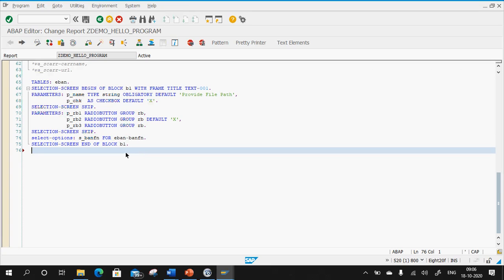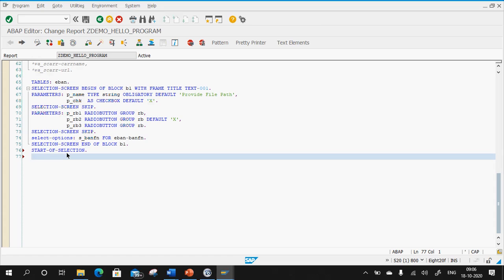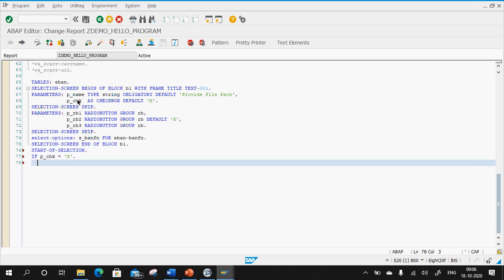There is a certain event. After this we'll understand the different events, but as of now I'll use the start of selection event. Whatever you select from the screen, on the basis of that, whatever you want to manipulate. So I'll add certain conditions, the if statement. If p_chk equals X, what I want to write is that checkbox is selected,